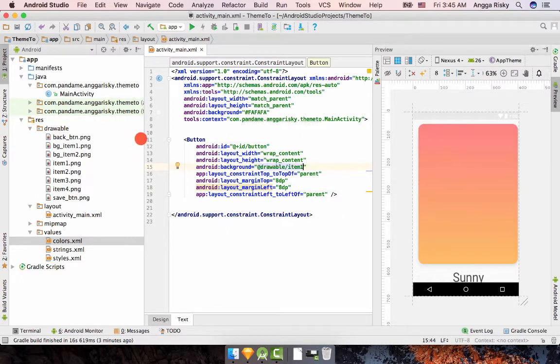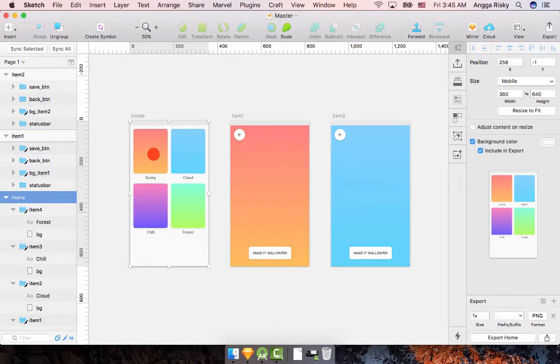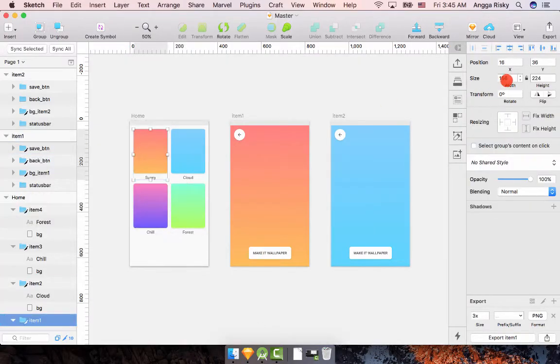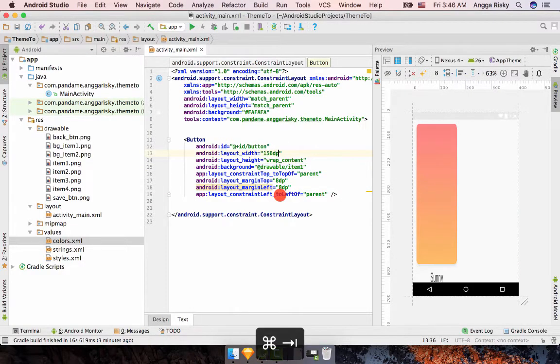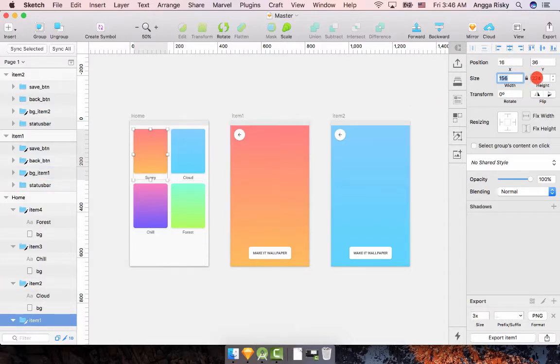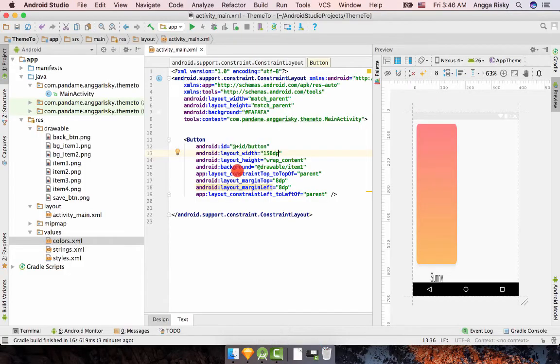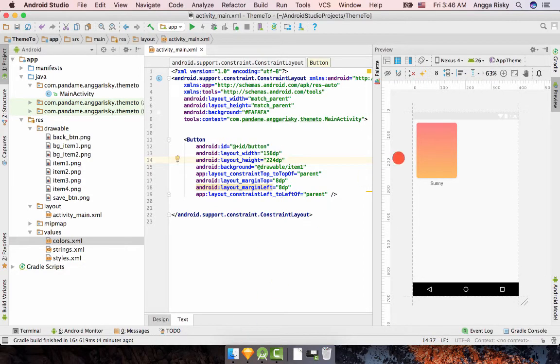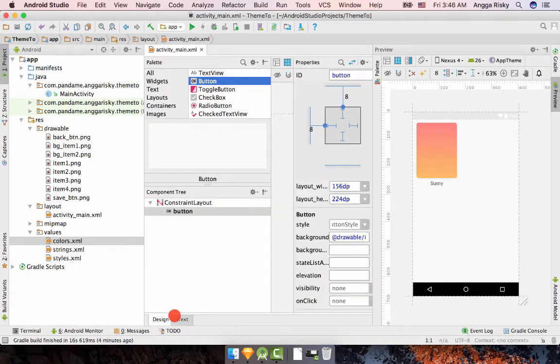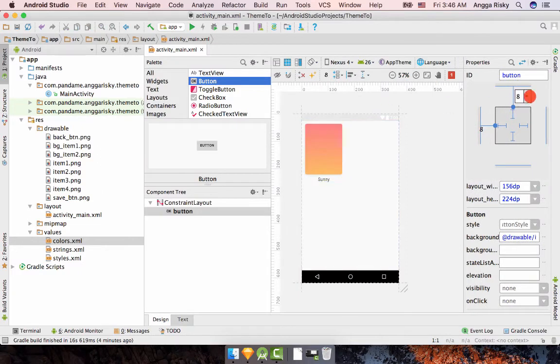Okay, and we're going to set the width and height. So the width is 156 dp, and the height is, okay, and back to the design, and setting the margin top is 16 and margin left is 16. Okay,